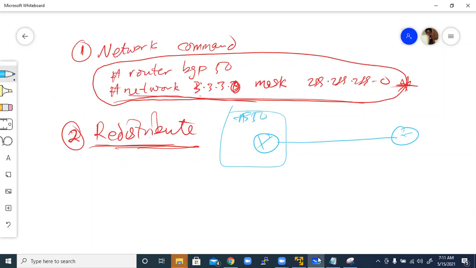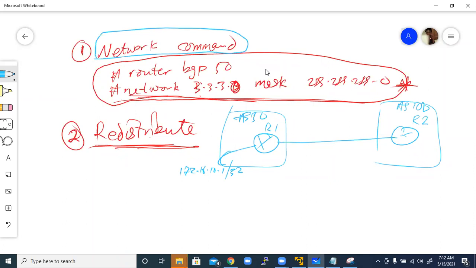AS50, AS100. This is R1 and R2. This network that we just advertised is a loopback, 172.16.10.1/32. Because we use this first option, the network statement, this router here is seeing this network as internally